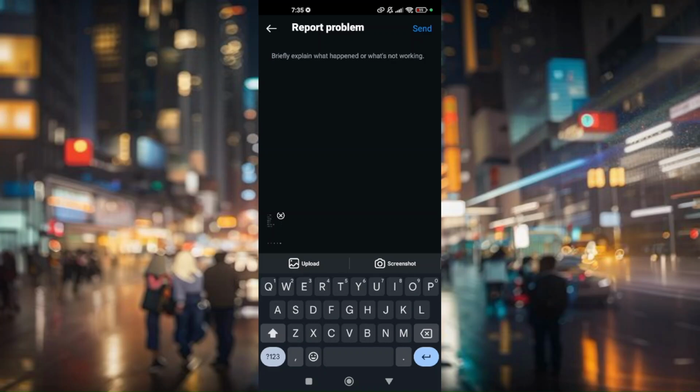And then on the description field, just type in, please help me out, I'm having issues uploading my template. Now, once you hit send, you will be generated with a report ticket number,